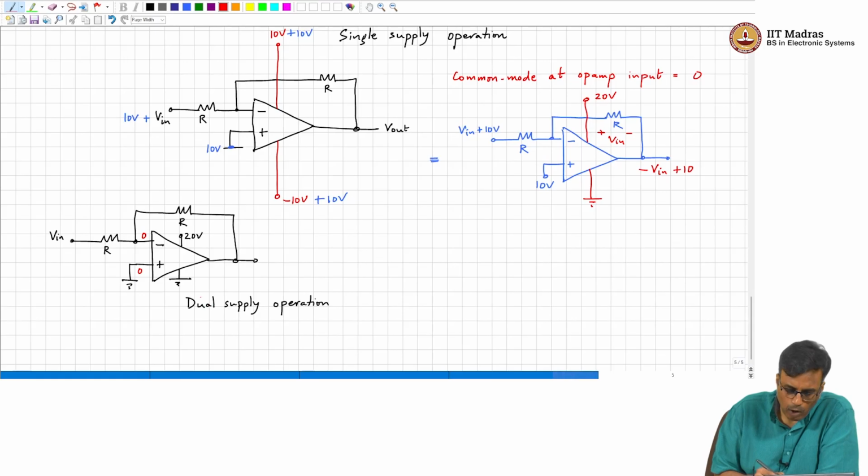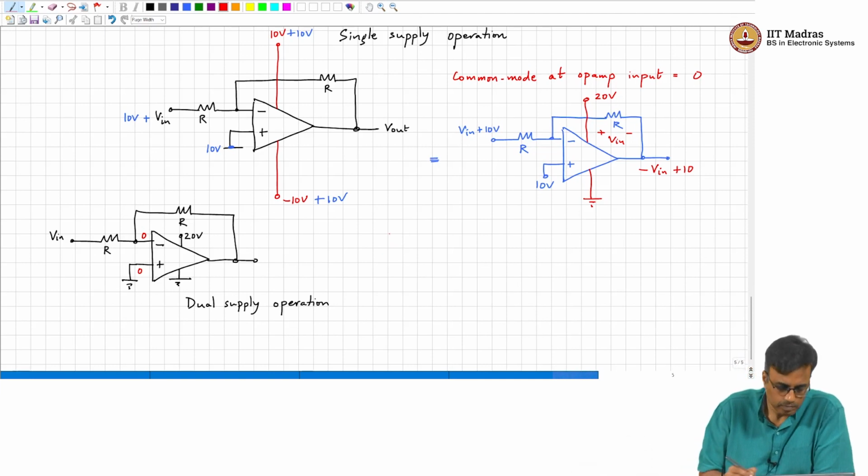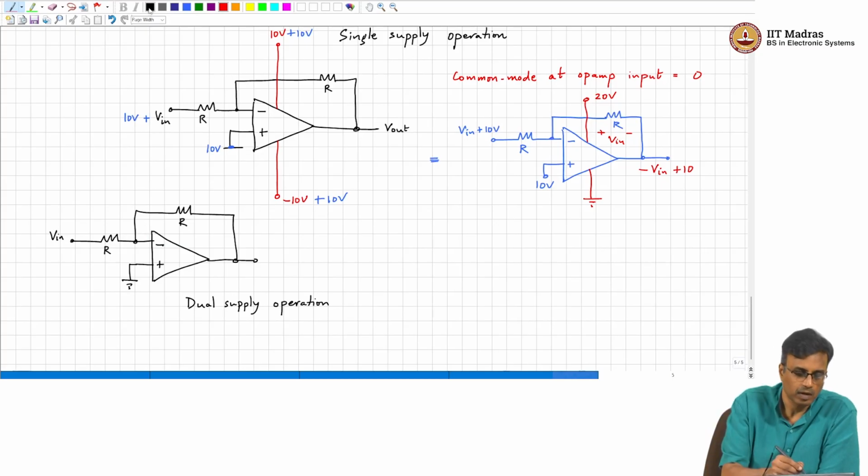So, when people draw pictures like this, the implication is that you need to work with single supply, with dual supply, right. If you want to work with single supply, what do you need to do? Well, everything that is ground in this circuit must be connected to